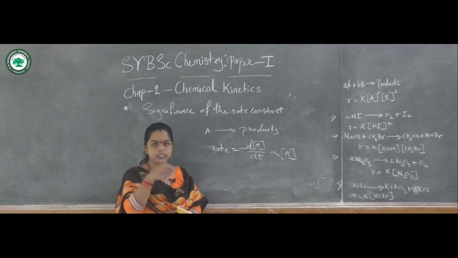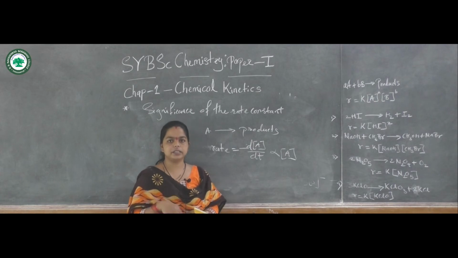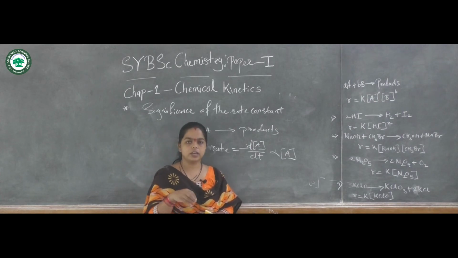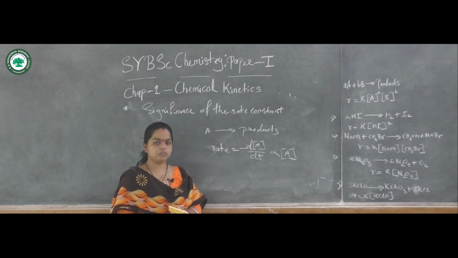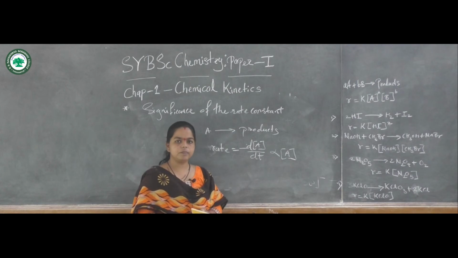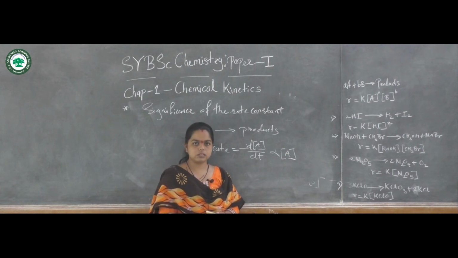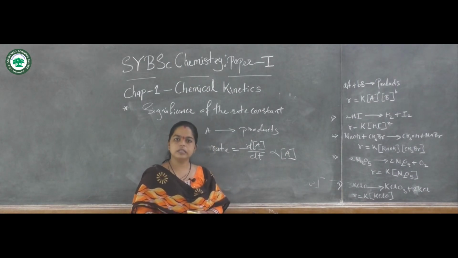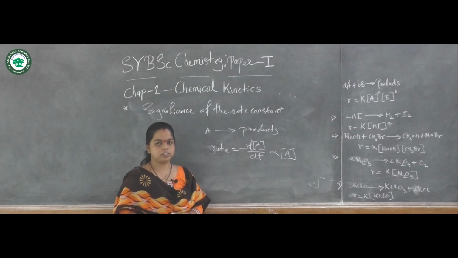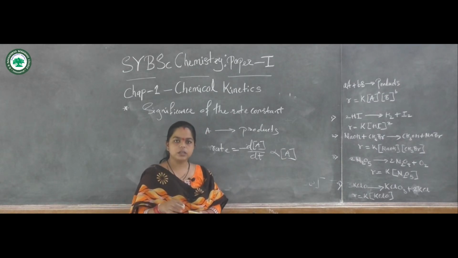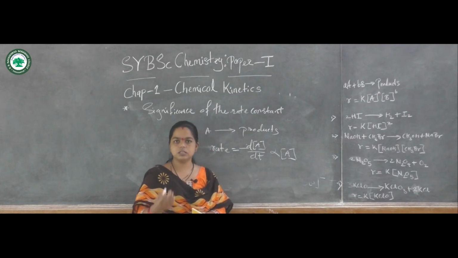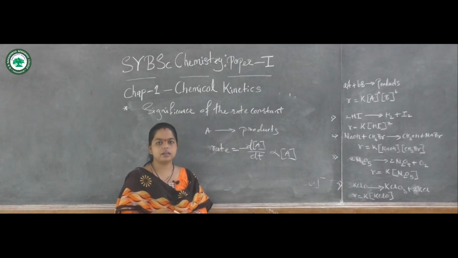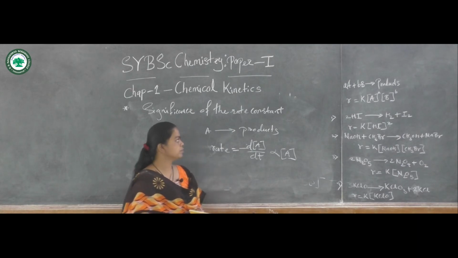Secondly, generally in kinetics we maintain the reaction at constant temperature. We carry out the reaction at constant temperature, but if we change the temperature, what happens? The rate of the reaction also changes, so the rate constant also changes. If the temperature is increased, the rate of the reaction also increases. But generally in a kinetic study, we do not increase the temperature for the reaction. It is carried out at constant temperature.